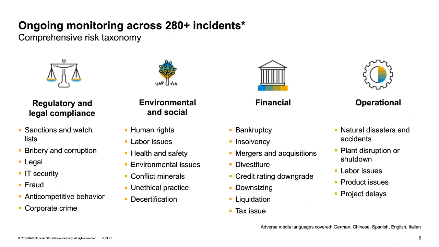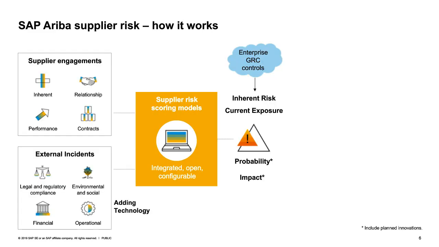We have over 600,000 data sources that are searching for all of these types and providing information to our users in risk. And in terms of how it works, I really won't cover a lot in terms of this slide, but the key takeaway here is that we're leveraging this external incident data that we just talked about on the previous slide,